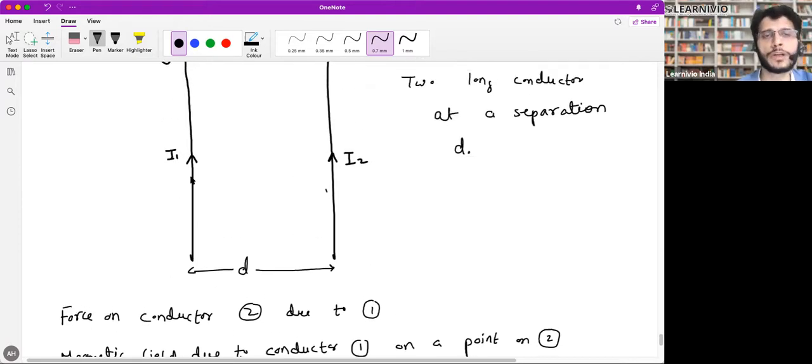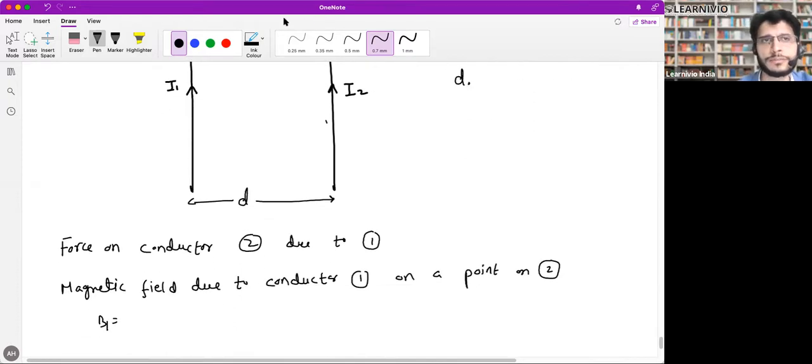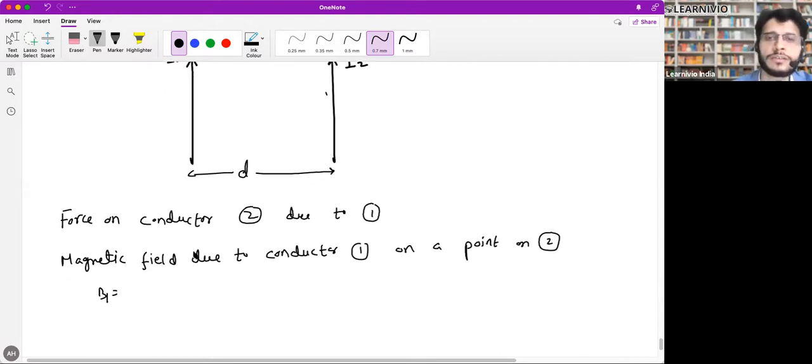Shahzada, do you remember the formula to calculate magnetic field due to a long conductor? ILB sine theta. Shahzada, is ILB sine theta the magnetic field or the force? That's force. I'm asking about the magnetic field. So what is the expression for magnetic field due to a long conductor? Shahzada, you should devote some time for self-study. You're not revising anything.